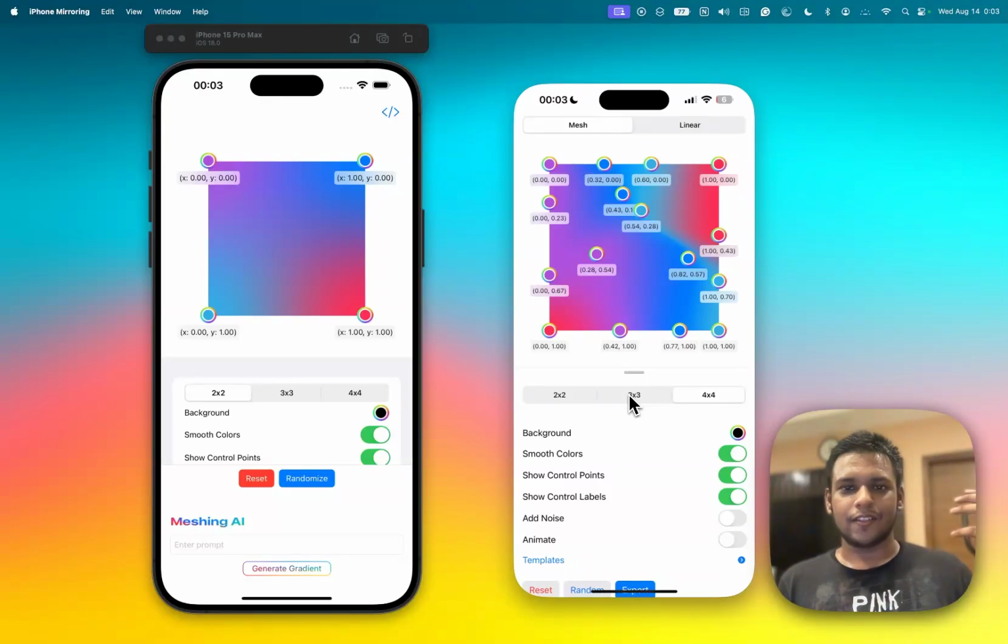It is an AI gradient tool for designers out there to use, and developers as well who want to create linear and mesh gradients. So the future for this app is exciting,